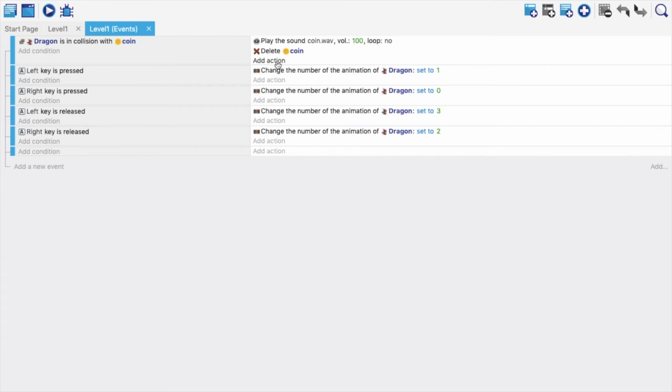So what I'm going to do is increase it by 10 every time. So one coin is equivalent to 10 score. If you want, you can make it 1, 5. Basically, it's your choice. I'm going to keep it 10 for now.